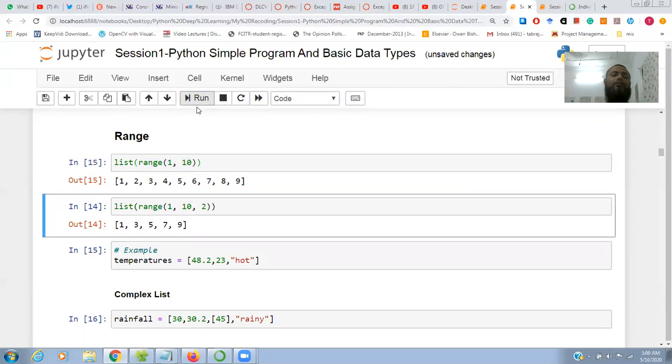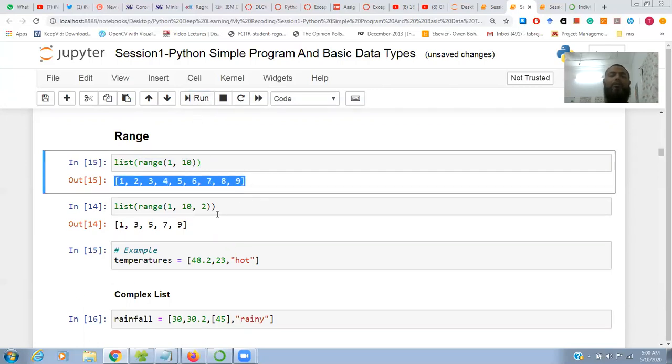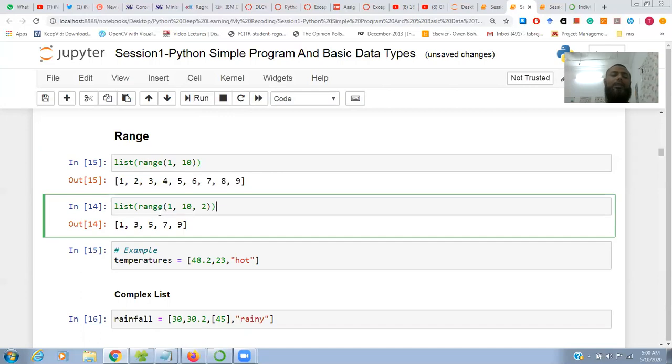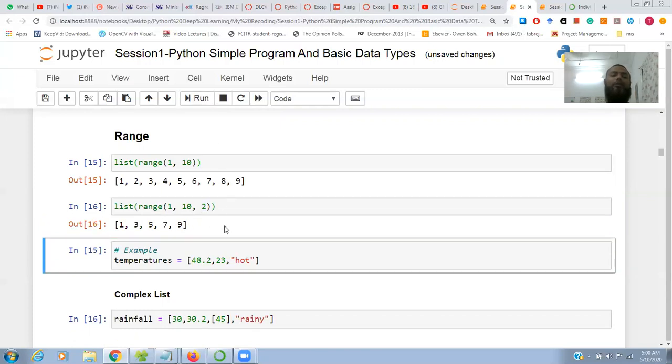If I run this, it will show all the values as a list. Same thing here: range 1 to 10 means 1 to 9, and the third argument is the step. It will jump 2. So 1, then jump 2 is 3, jump 2 is 5, jump 2 is 7, jump 2 is 9. So it will give me output like this.